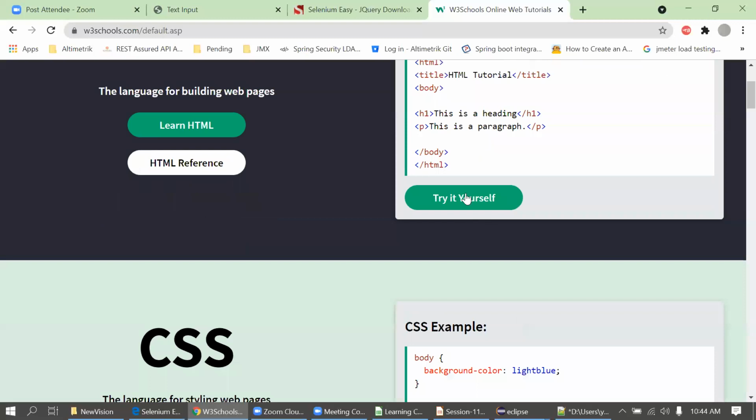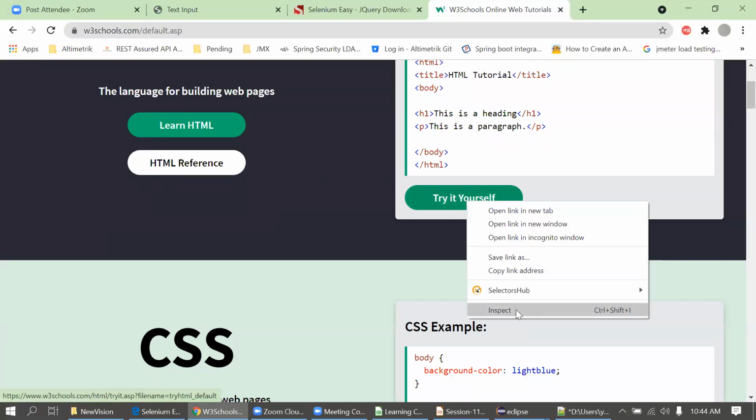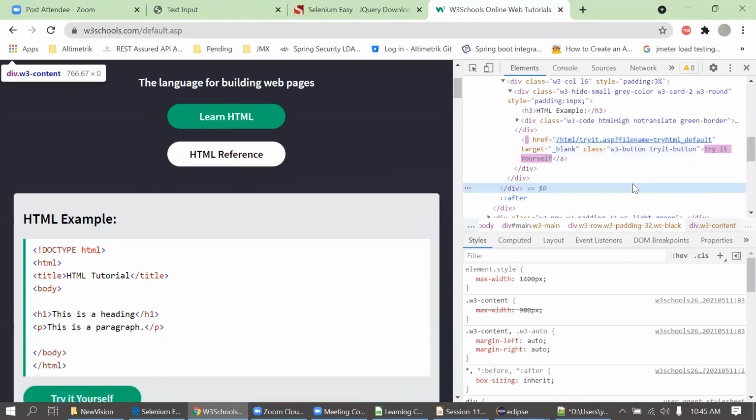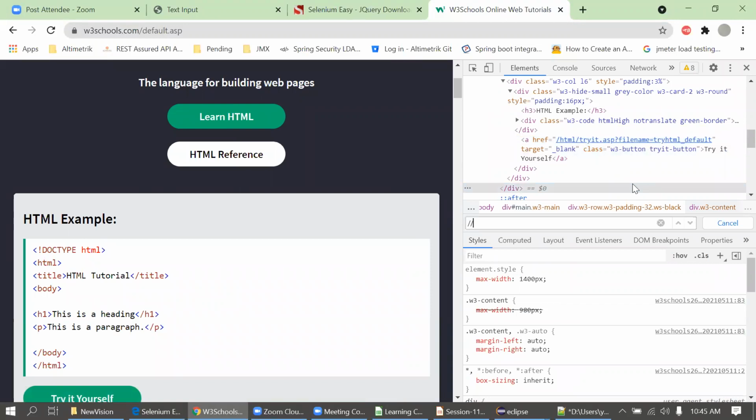Where is that? Yeah, this one. And for this I have to create XPath, right? So I'll right click on it and inspect. If I'm getting text, I will simply go with text blindly. I will not think about it. Okay, so I'll just copy this. But if I'm not getting text, then I have to make a complex XPath there.